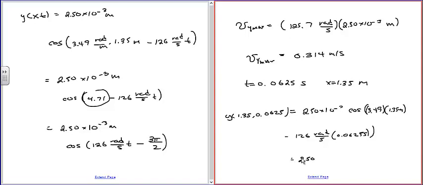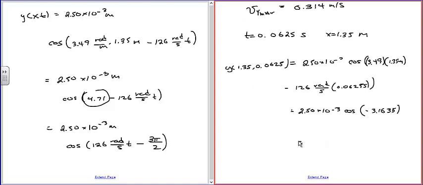So that's 2.50 times 10 to the minus 3 times the cosine of negative 3.1635, and those are radians. So we need to make sure our calculator is in radians. So 2.5 e to the minus 3 times the cosine of negative 3.1635, and I get negative 0.0025 meters, or negative 2.5 millimeters. Okay, so that's correct. And the velocity,